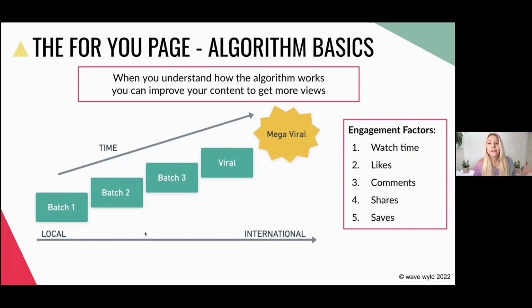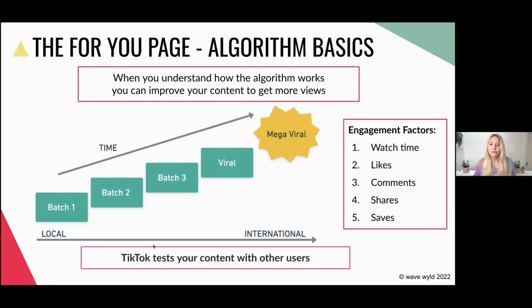So the key takeaway from this slide is that really what TikTok is doing, it's just testing your content with other users and how they engage with it. So when people start to take things a little personally on TikTok, like the algorithm hates me, it's like, no, it's the content, right? We need to improve the content. And this is why I also teach a content is king strategy, right? What you're communicating in your videos, how you make people feel is the main factor in how your video performs.